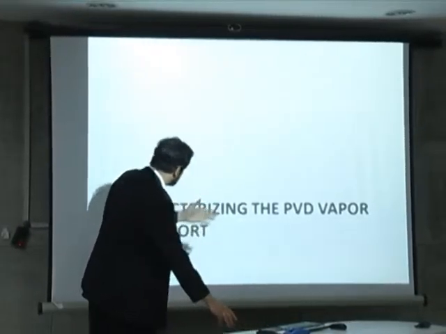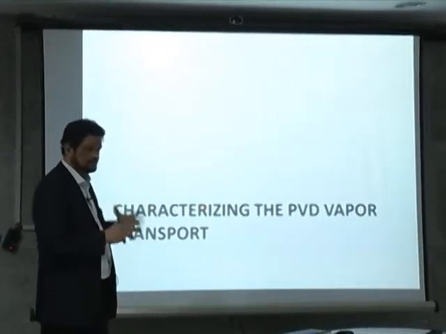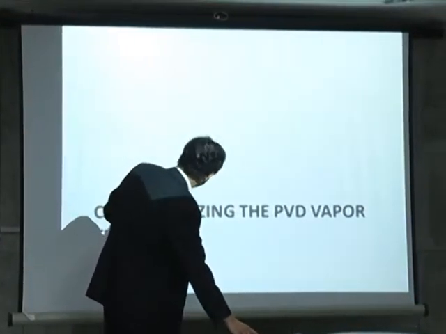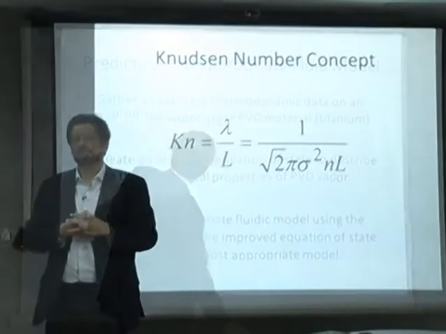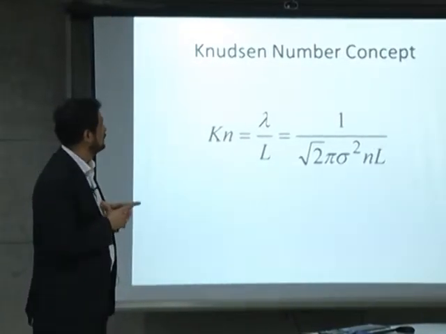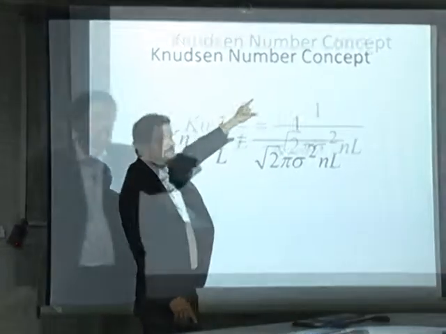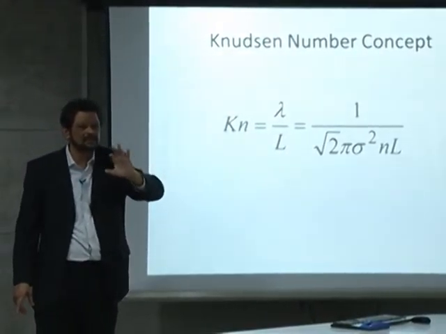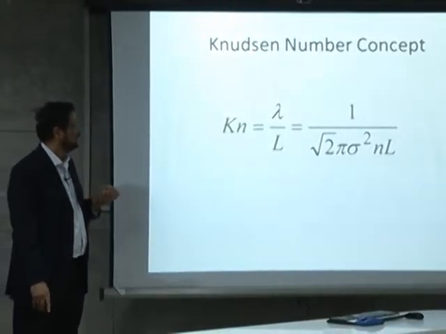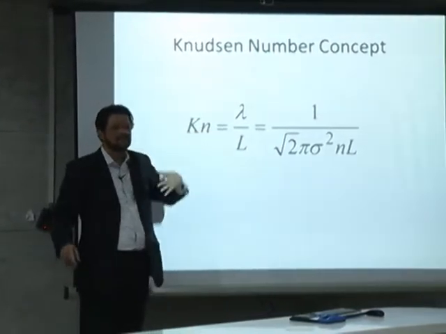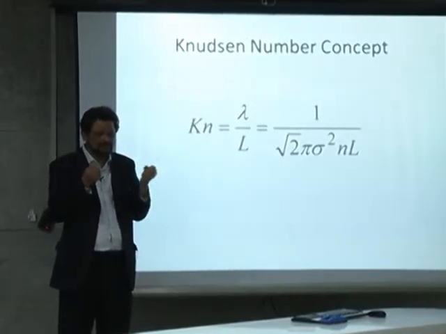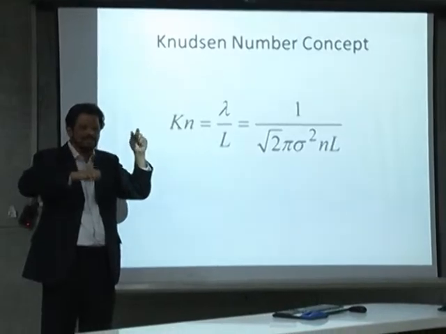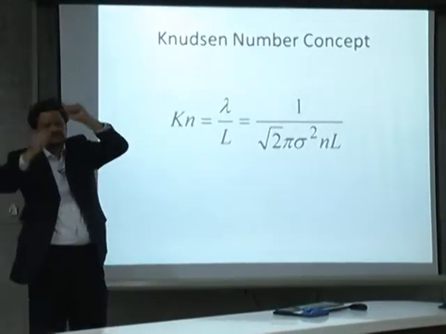So this vapor transport that happens in physical vapor deposition, we want to characterize it first, see how it works. It will be nice to look at what is called the Knudsen number. Postgraduate fluid mechanics only, you're likely to know, otherwise not. What the Knudsen number is about is that if you look at the different particles or molecules, oxygen, nitrogen in air, which are going around and hitting each other,